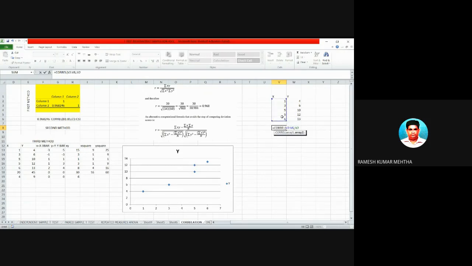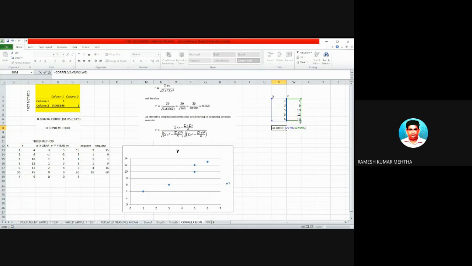Now it is asking for array 2, so 4 6 10 12 and 13. So array 1 and array 2, that is V2 to V6 and comma W2 to W6, that is the numbers 1 3 5 5 6, and the second set of data which is 4 6 10 12 13.